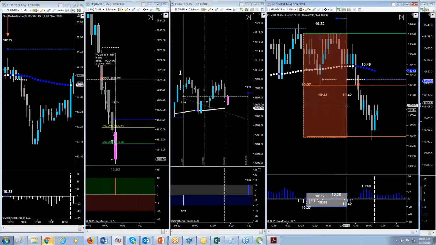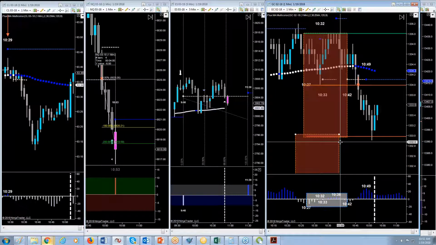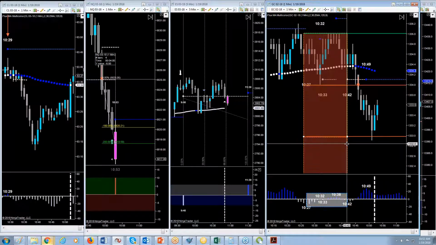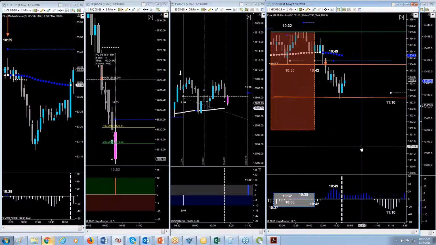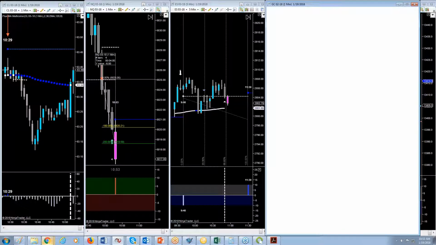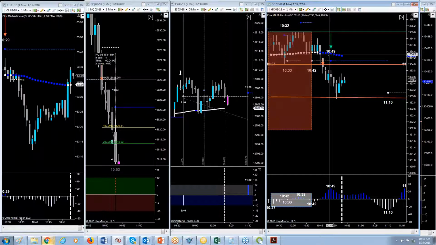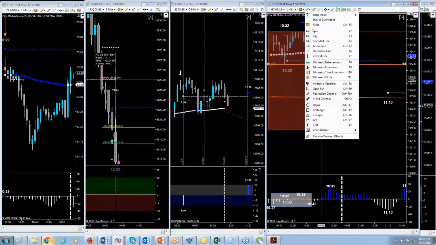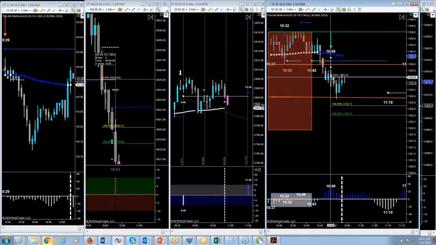Historically, Joe, when it breaks out of that box, it will go 1 times and then 2 times the distance of the original chop zone down. Otherwise, the next signal, if you were just waiting for this one at 1049, would have been a conventional short with your stop above the blue line, your entry at 33.6.